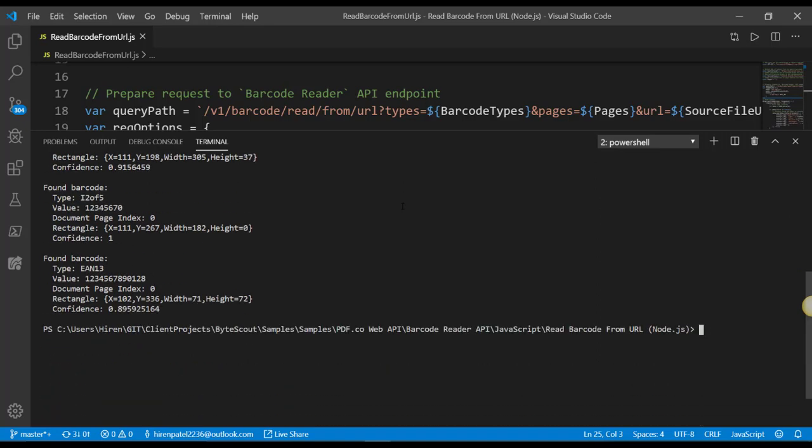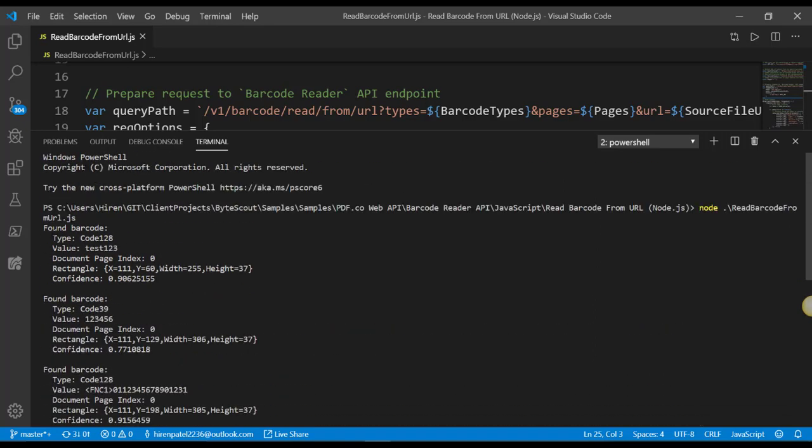It has found the barcodes. Let us see what it contains. The first barcode is of the type Code 128, its value is test123. It's found on page number 0, because the PDF contains only one page, and we also get the coordinates and the confidence score.